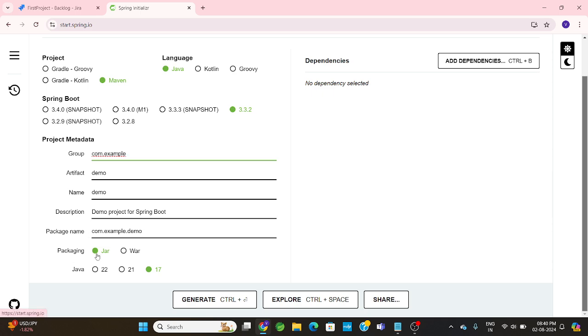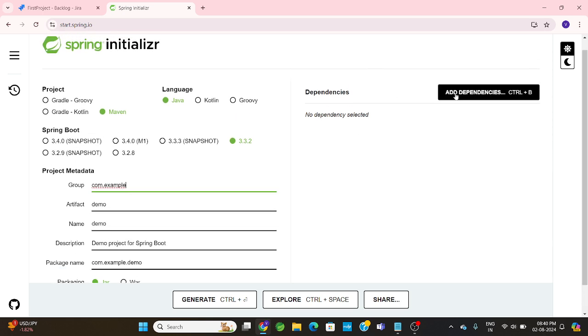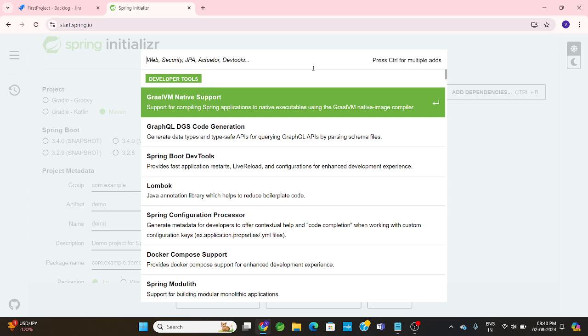So yeah, definitely packaging will be part of the jar. And yes, I will use Java 17 version. So here you can add the dependencies. We have to add the dependencies of web. So yeah, here is web,